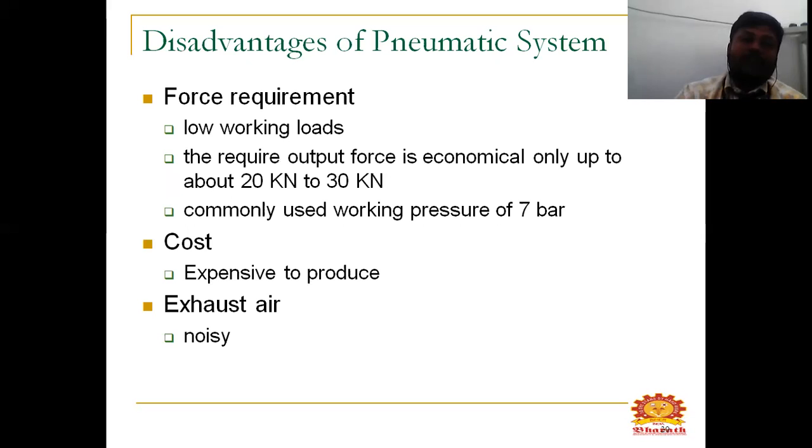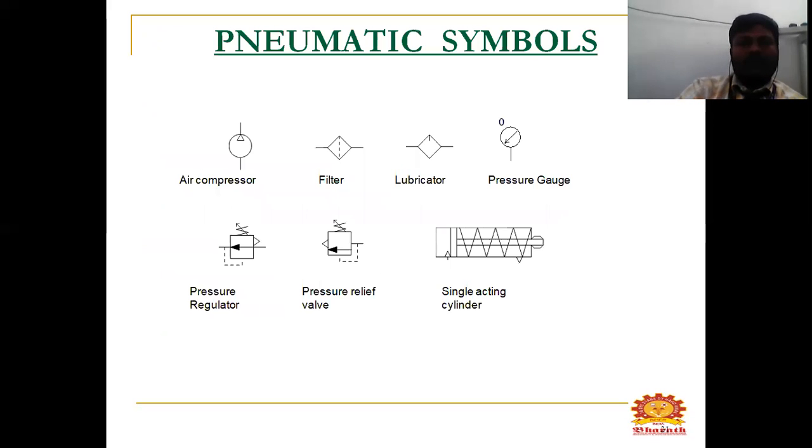And next one is the force requirement: low pressure, low working loads, and the required output forces are economical only up to about 20 kilonewton to 30 kilonewton, commonly used for a working pressure of 7 bar. It is somewhat expensive in cost, and exhaust air is somewhat noisy. So these are the main disadvantages in pneumatics, and they are not so much as compared to other systems. It will be more flexible for our systems.